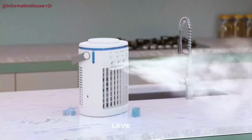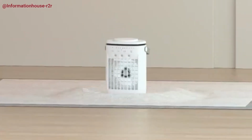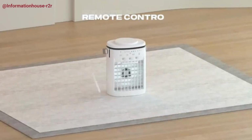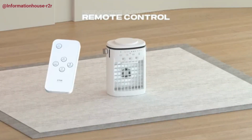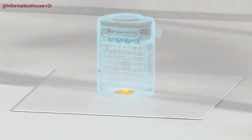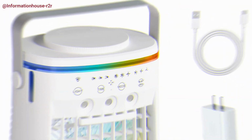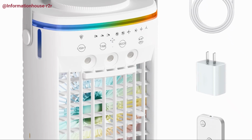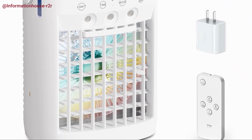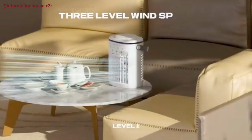With no exposed blades, it's completely safe for children and pets. Enjoy full control with the remote and manual shutter adjustment, choosing from 3 wind speeds and spray modes to create your ideal climate. Powered via a Type-C charging port with included cable and adapter, it's ready for use anywhere. Just ensure a 2A current for best performance. Designed to be ultra-quiet, it won't disrupt sleep or work, and its compact size and portable handle make it easy